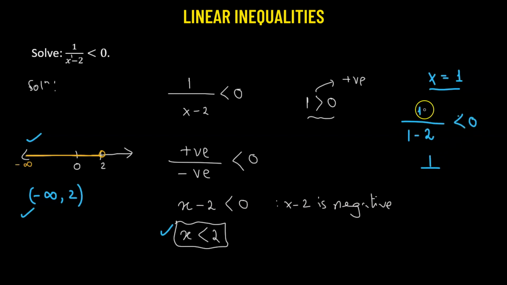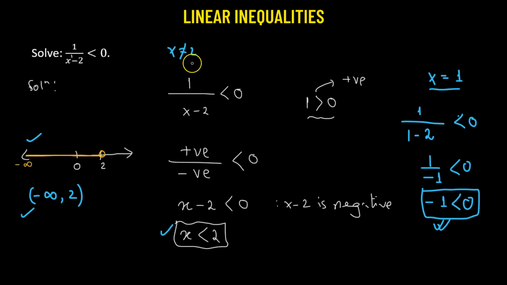So let's check. So we have 1 divided by 1 minus 2. So this is negative 1. So 1 divided by negative 1 is simply negative 1. So we know that negative 1 is indeed less than 0. So this is true. So this means our solution set is indeed negative infinity to 2. Here we have to be careful. x equals 2 is actually not a part of this solution. So we'll say x is not equal to